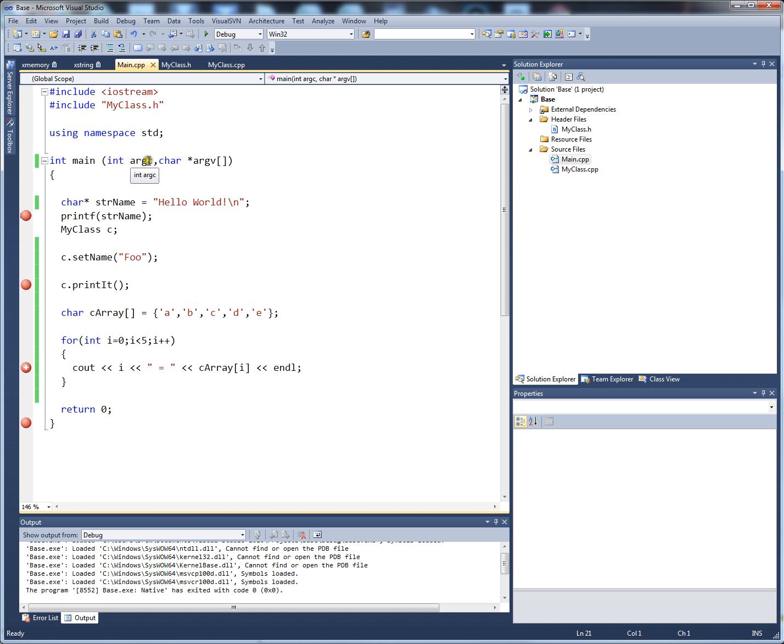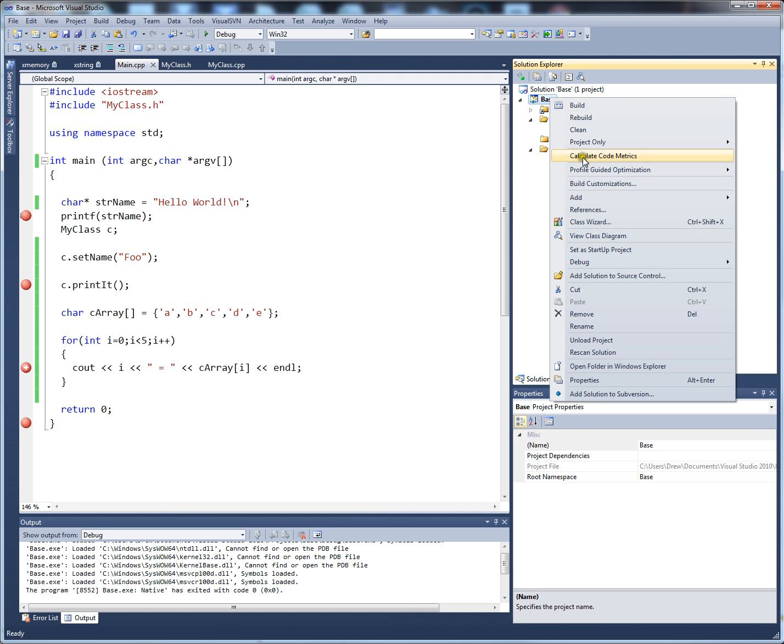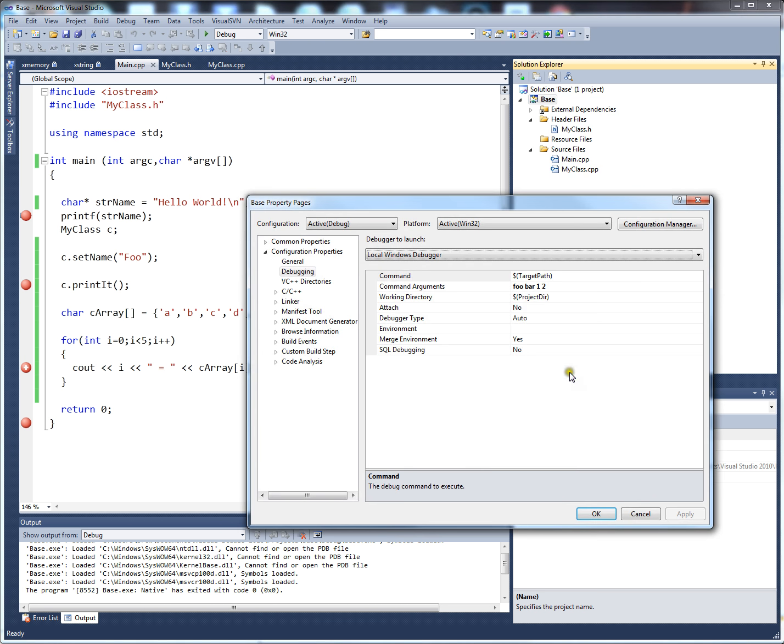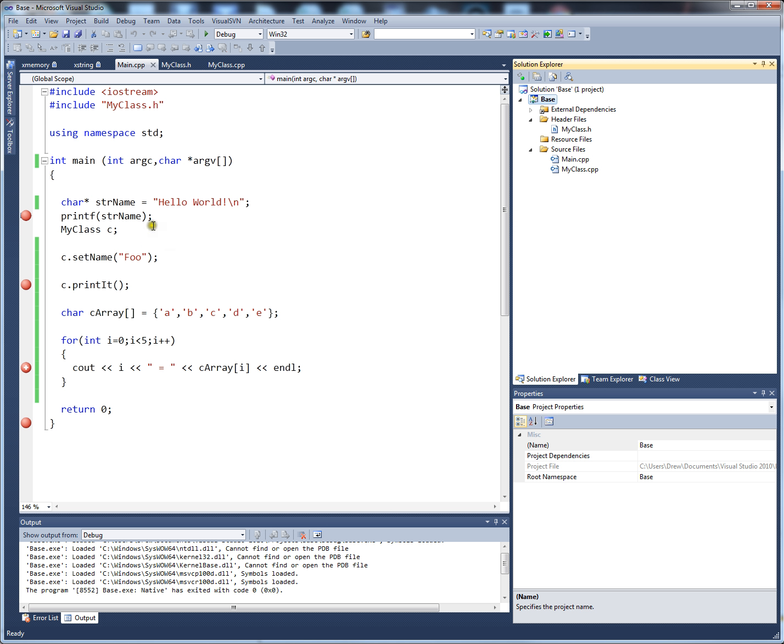Let's say I want to show how to pass in some arguments to this too. So we go into our properties for this project, go into debug, and then go and set your command arguments. And right now I'm passing in foo bar 1 2 into this program. So I'm passing in arguments, set my breakpoints,